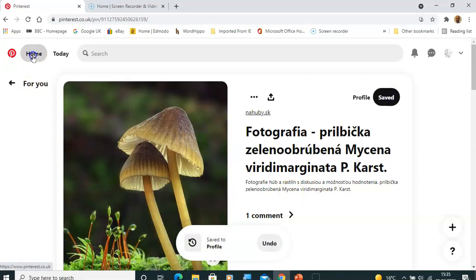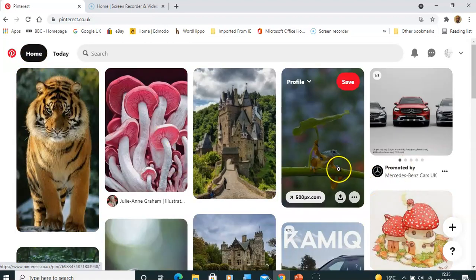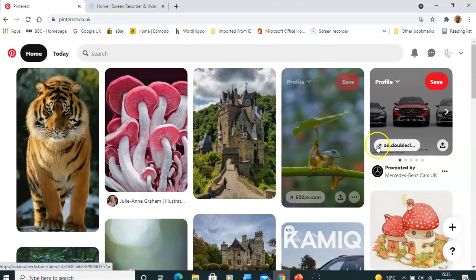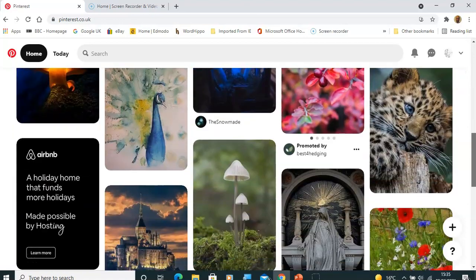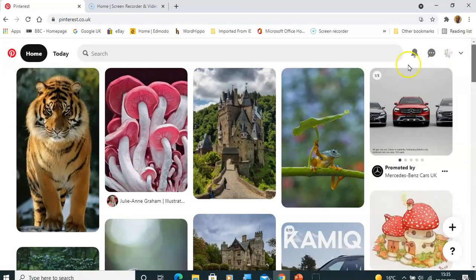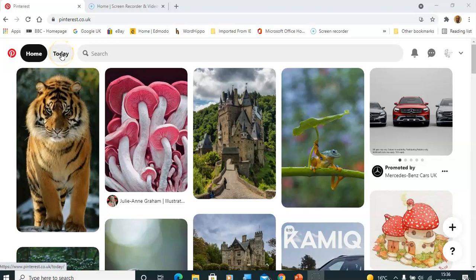Let's go back home. Notice that the home page resets. So based on the choices I make, it's constantly updating the pins that it offers on the home page. Okay, so that's the home page. Now let's have a look at the next page along, which is Today. So if I click on Today,